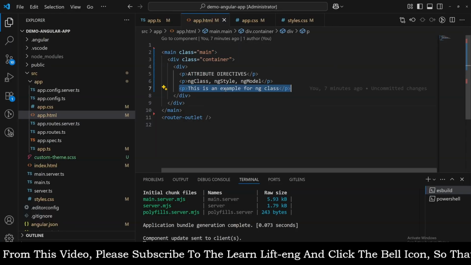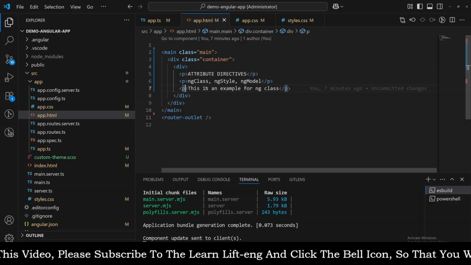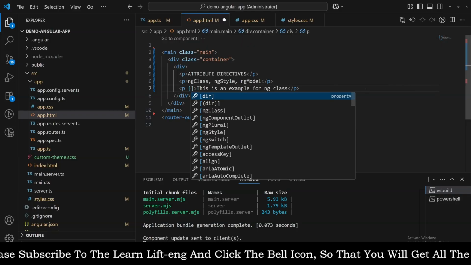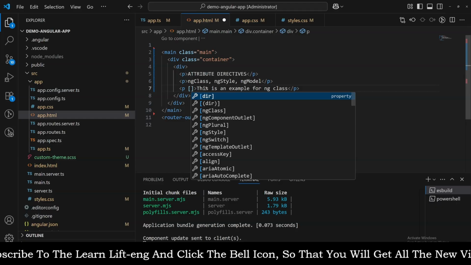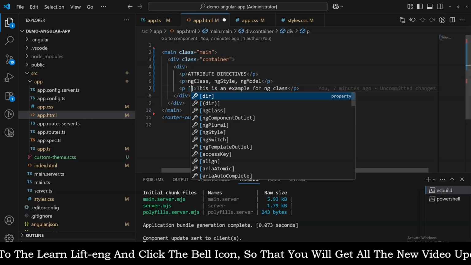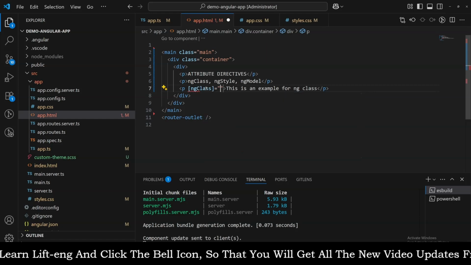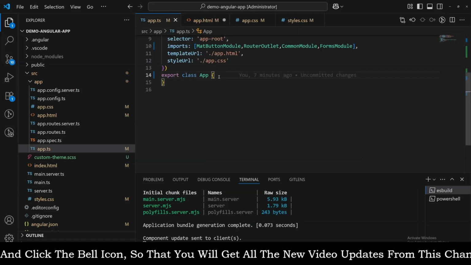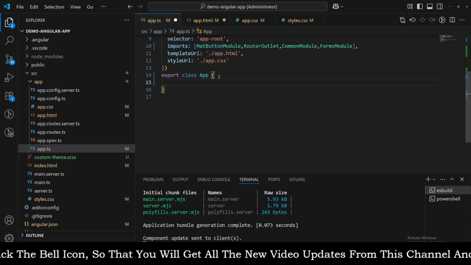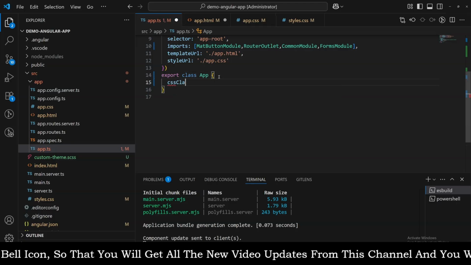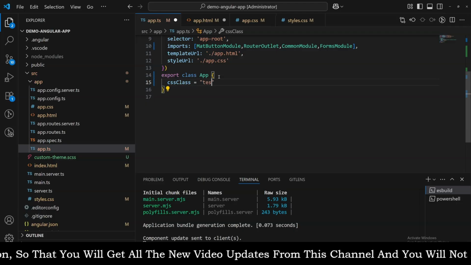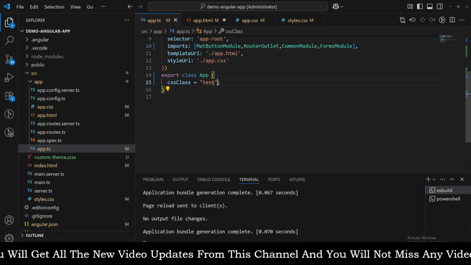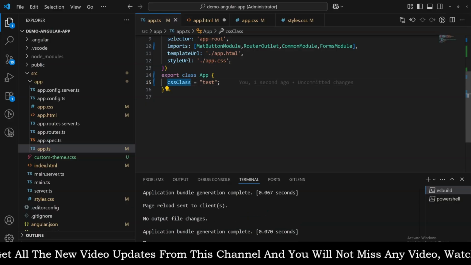So this is a paragraph I have created to showcase the examples. Let's use the square brackets because this is an attribute directive, right? So ngClass we will use, and now we want to use a string variable for this. Let's say cssClass is equal to test. So we have created a class named test in the